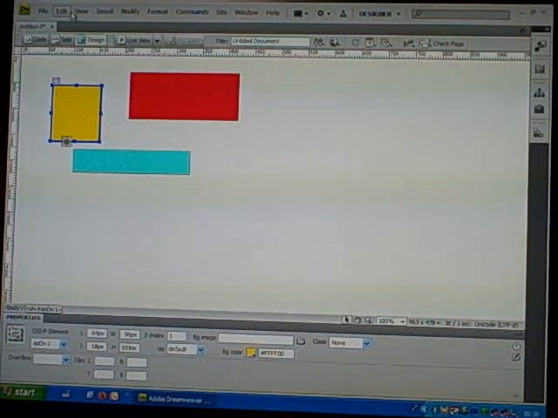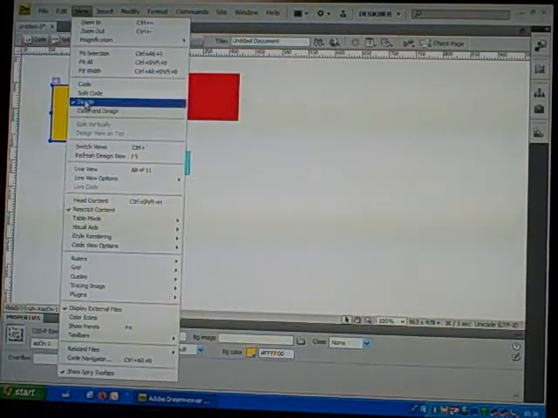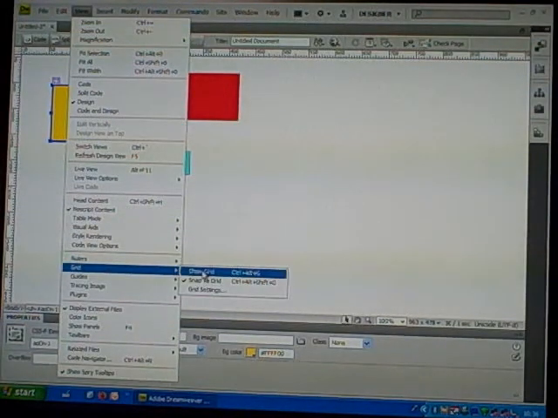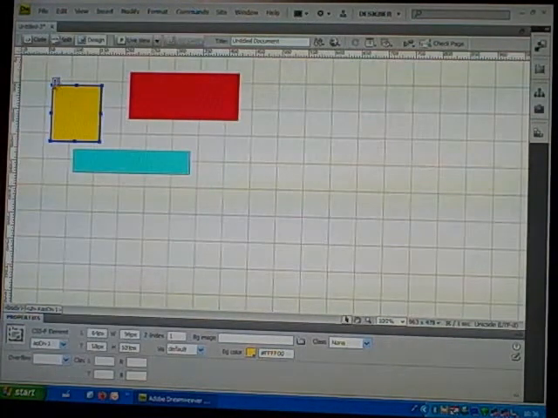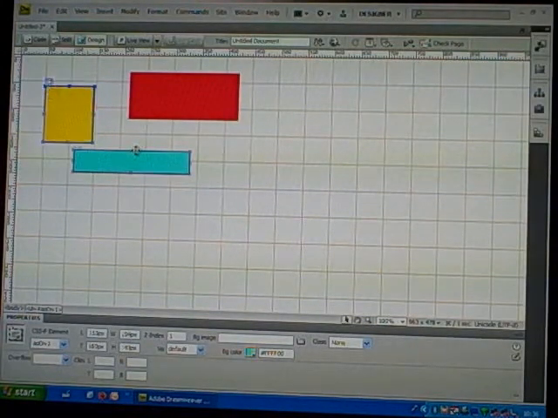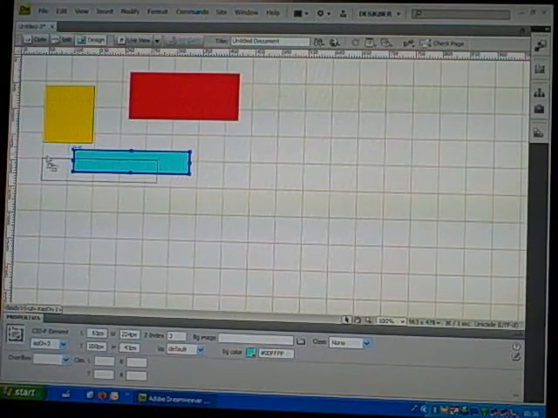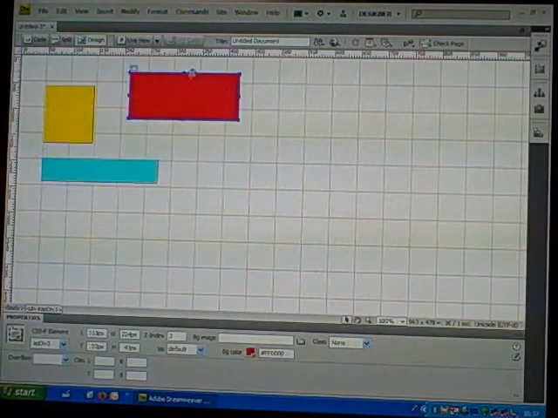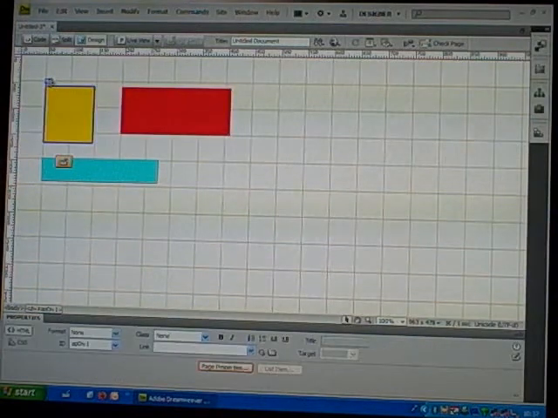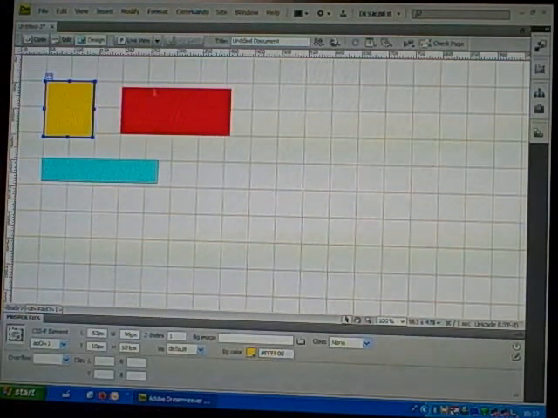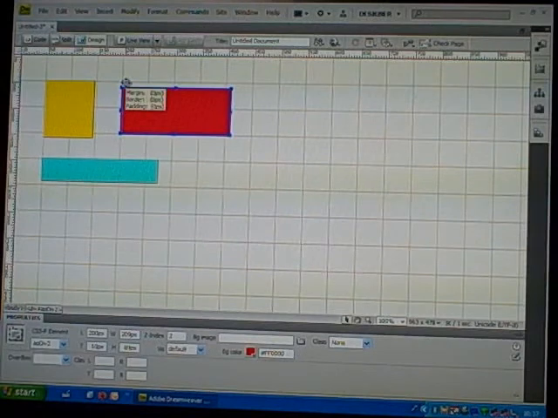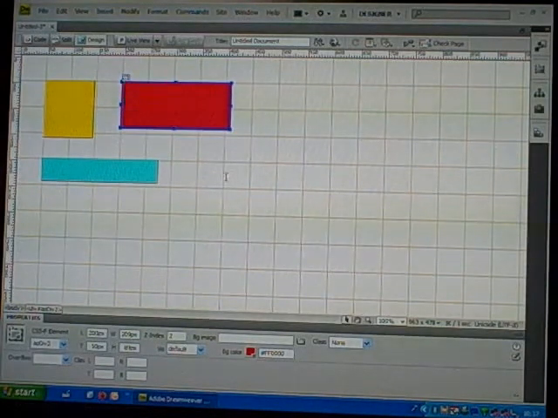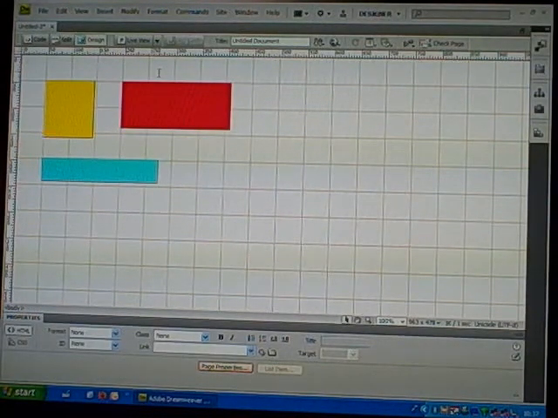And I can also use drawing aids in order to snap them to a grid, for example. When I'm happy with the layout,